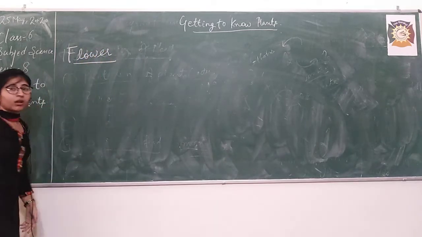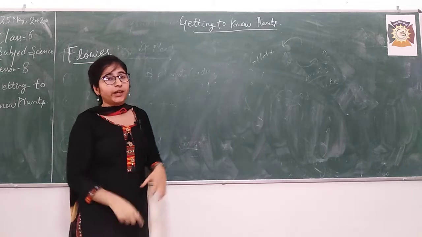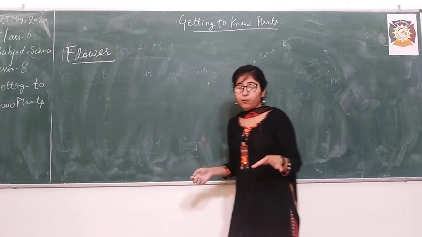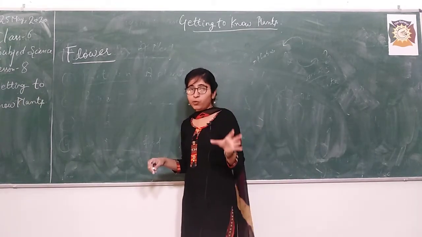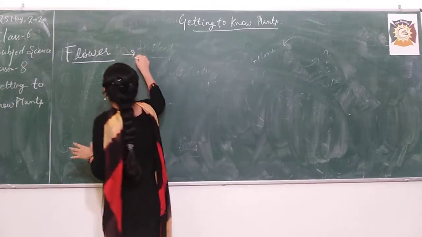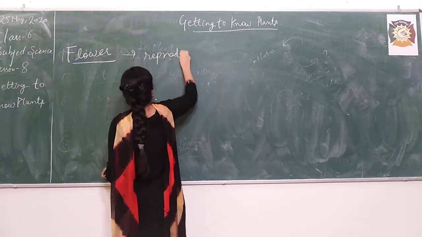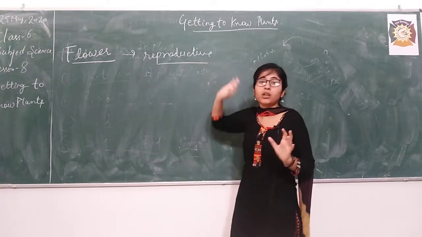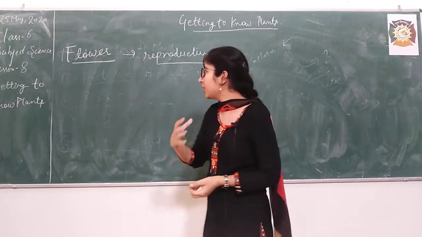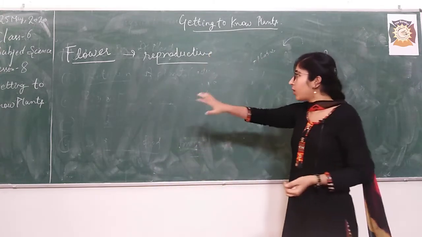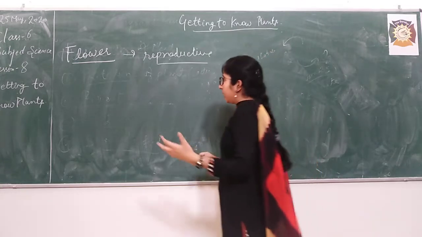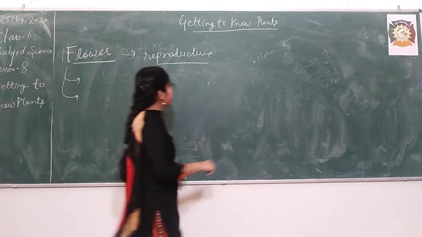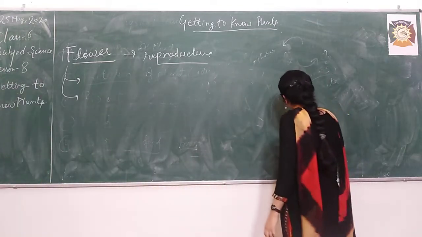See students, now flower. Flower is a very attractive part of the plant. We see it in many colors. We studied that leaf is the food producer of plants. Similarly, flower is the reproductive part of the plant, right? So what is the reproductive part? What is the meaning of this? It means that new plants are formed because of the flower. We will see how later, but first of all we will study some important parts of the flower, right? Before that I will draw a diagram of the flower.